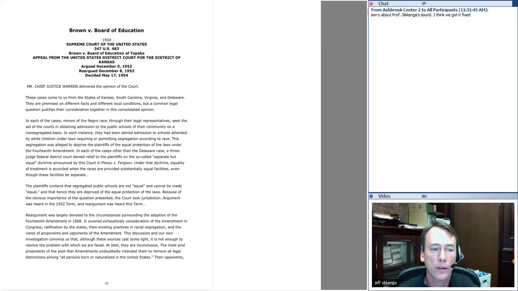That's not the basis of Chief Justice Warren's opinion. As he lays it out here in his opinion in Brown, it's a short opinion. He wrote it on purpose to be short. He actually said, I want to write an opinion that can be published in the newspapers that everybody can read.